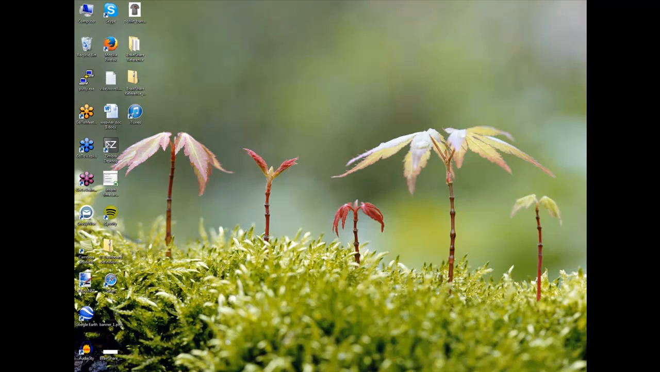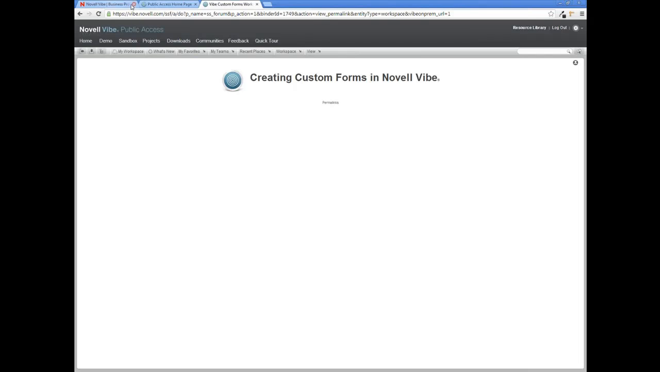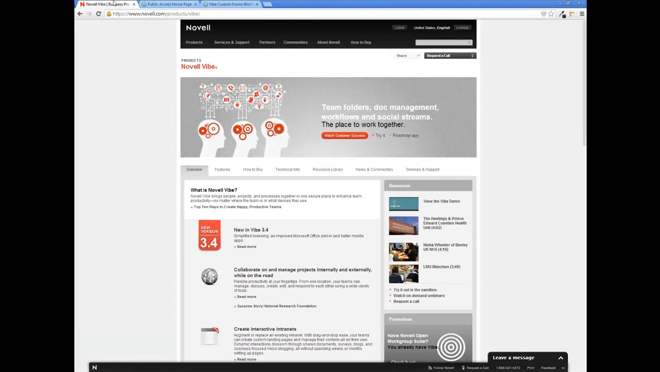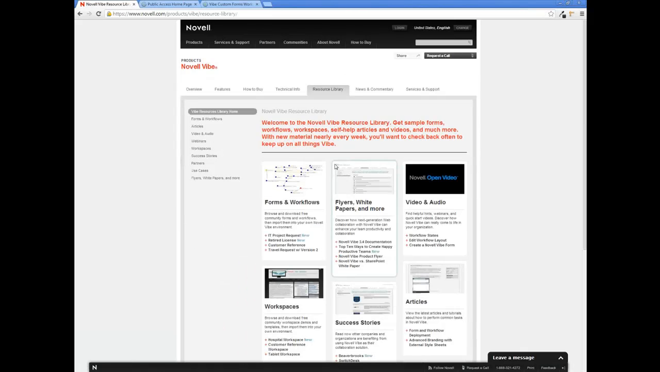So the first thing I wanted to talk about was the resource library. So here we are at novell.com/vibe. You just type in novell.com/vibe. It'll take you here to the product home page. And right here is the resource library tab that has